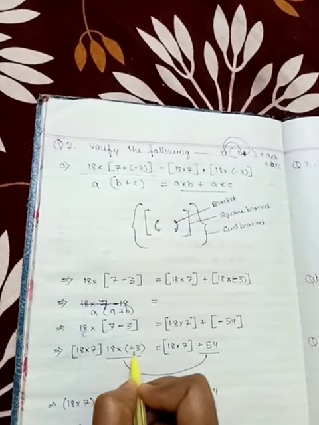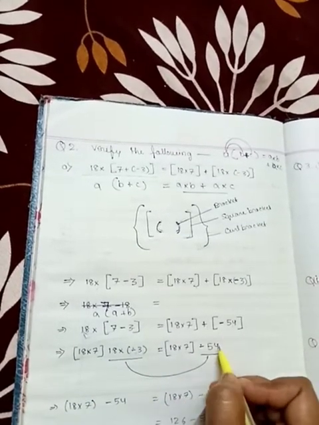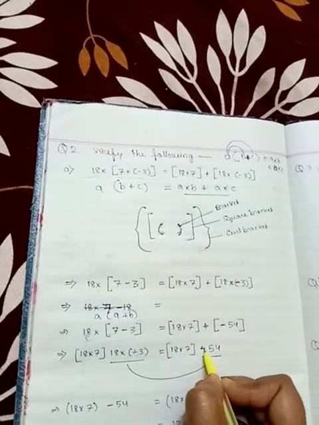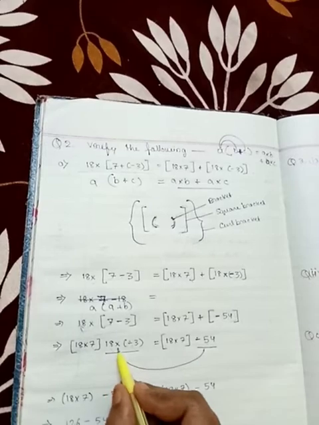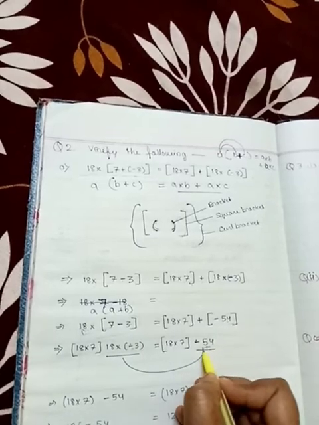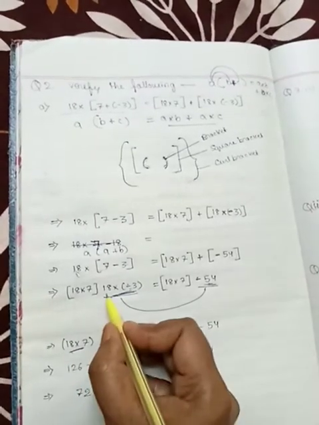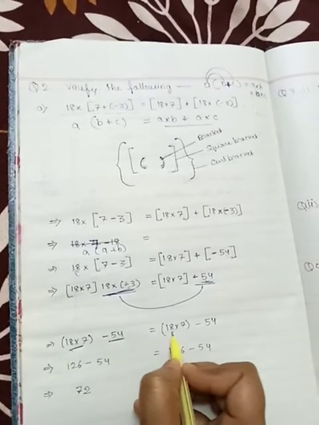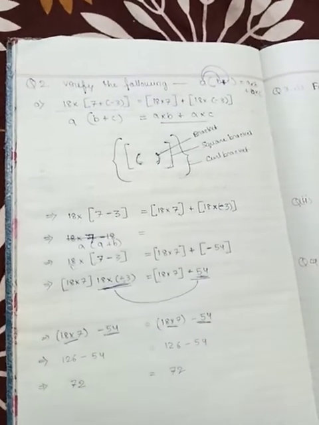So just multiply it like this, equal to 18 into 7. If the square bracket we will open here, then what? Plus minus minus will get. Just write down 54. You just see here 18 into minus 3. Here again 18 into minus 3 got 54. Means this value will be equal to this value. So what we have written? 18 into 7, and after multiplying 18 into minus 3, we got again minus 54. You just see here in this step, all the similar digits we are getting.